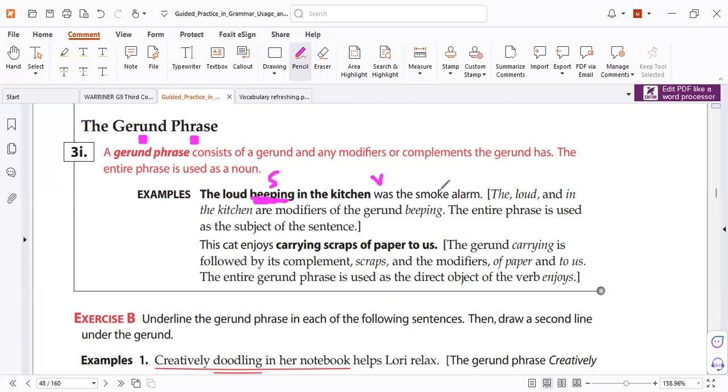Now again, what was the smoke alarm? The beeping. This information refers to the subject, and the subject is the beeping, where the beeping happened in the kitchen. So if I take this phrase and I put it here, you change the meaning. You say that the alarm is in the kitchen, not the beeping happening in the kitchen. So perhaps the beeping is not in the kitchen. You change the meaning.